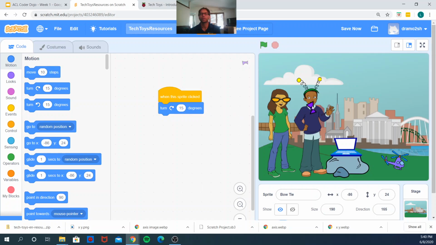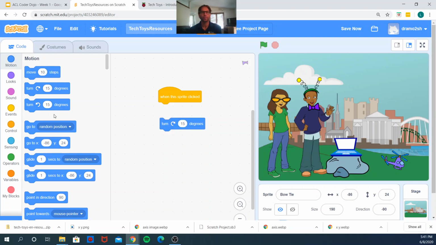Okay, and you can click on the bow tie itself and same effect. It should be moving, okay? So that code is working with that sprite. Now, that's a lot of clicking, and before I think we just did one click and it did a lot more turning. So to get this to work a little bit better for us and look a little bit cooler,